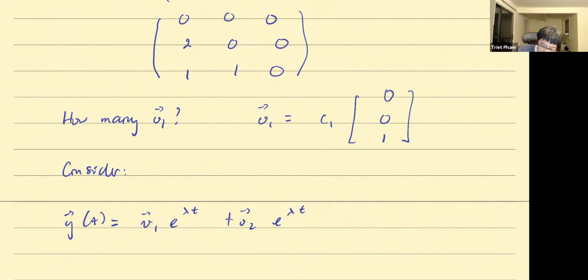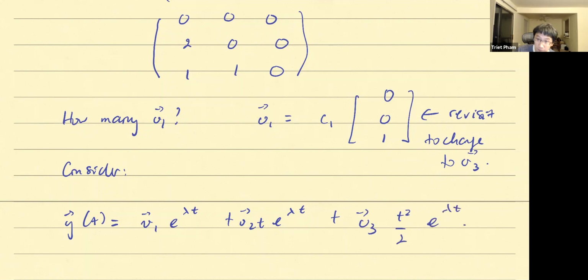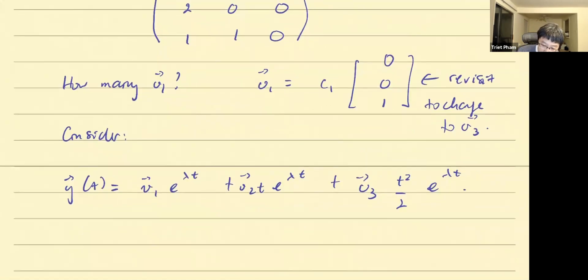Okay. For some reason, right, you see that this v will flip side. So I'll revisit this to change the notation to v3. You see. Yes, yes, exactly. So that's why I'm considering this structure right now. t plus v3 t squared over 2 e to lambda t. Okay. So, but notice, right, there's a t squared over 2, and you see for obvious reason, I don't want the 2 hanging around. All right. So now plug in